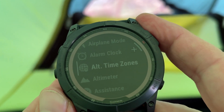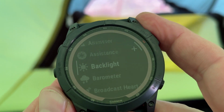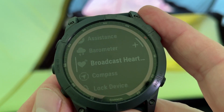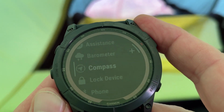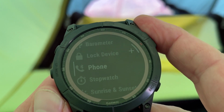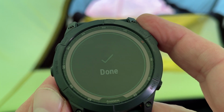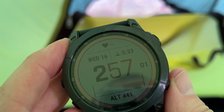Alarm clock, time zones, altimeter, assistance, backlight. We'll add backlight. Broadcast heart rate. I wonder what that is. Let's add that just for fun. Compass. So again, these are all different things that you can add to your ring of options, and then come out,